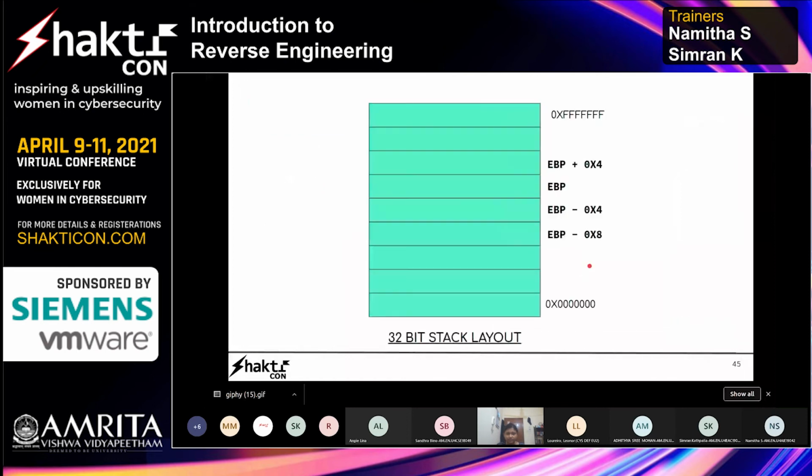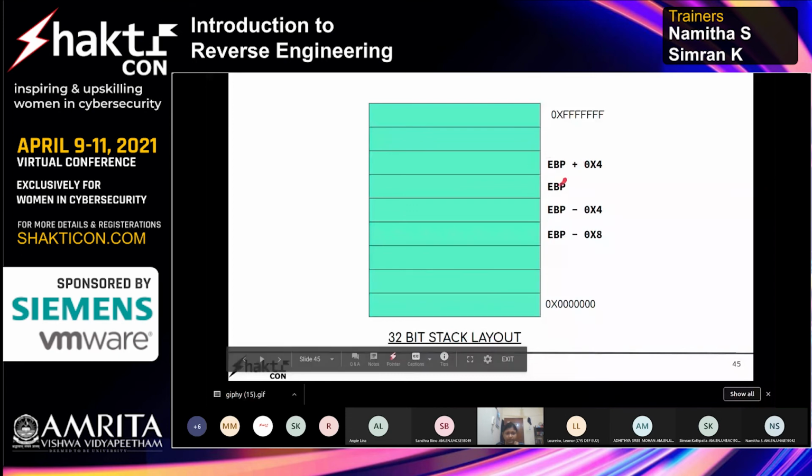First let's look into the 32-bit layout. How does the stack of a 32-bit program look? I have an EBP. Suppose my base pointer is here, and these are all addresses. I want to reference a value at this particular address. How do I do that in reference to EBP? Since it's a 32-bit layout, it will have 4 bytes.